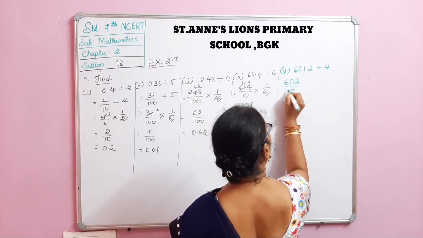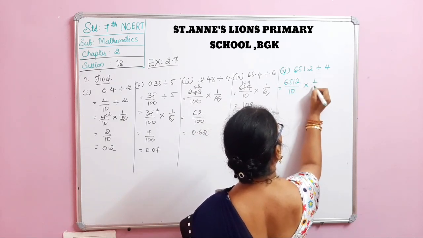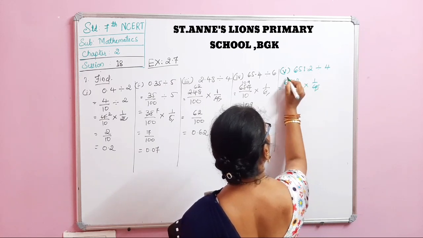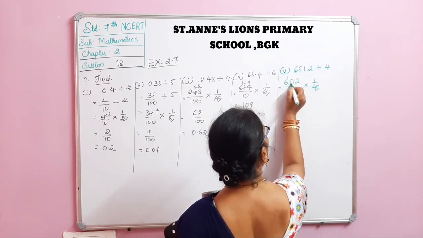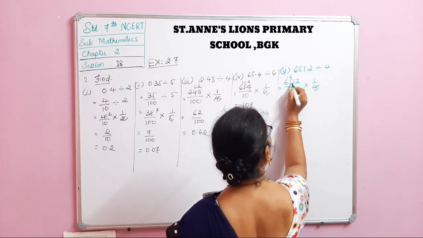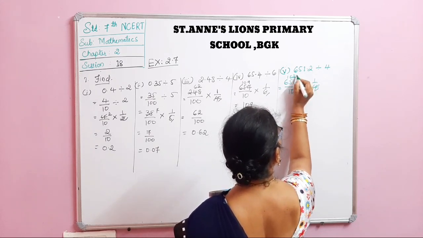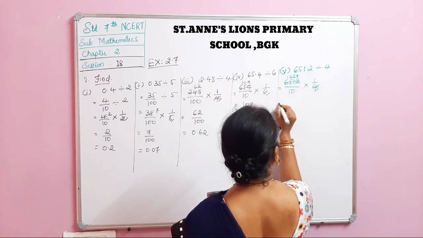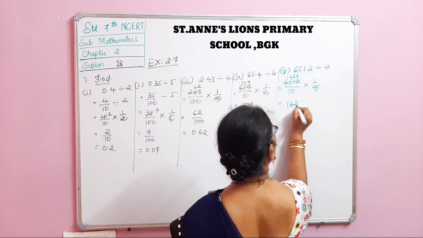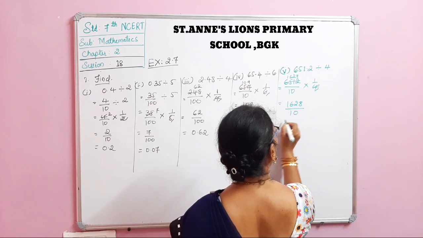6512 divided by 10 into 1 by 4. 4 ones are 4, 2 remain. 4 sixes are 24, 1 remains. Then 4 twos are 8, 3. 4 eights are 32. That is 1628 by 10. Answer is